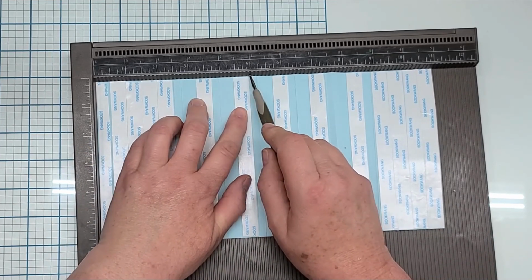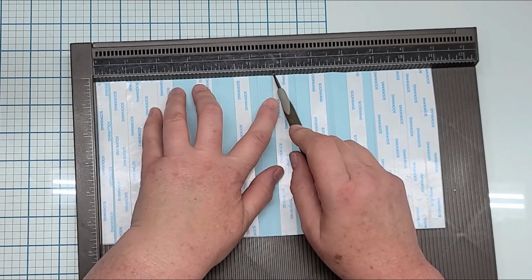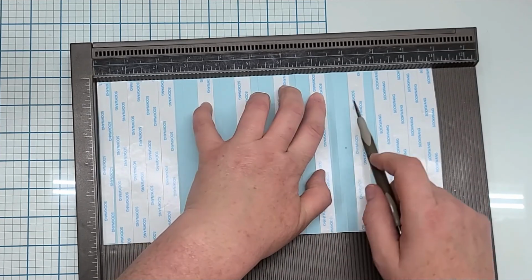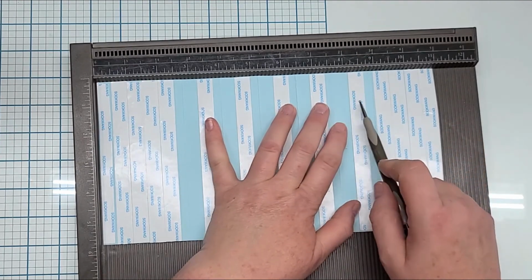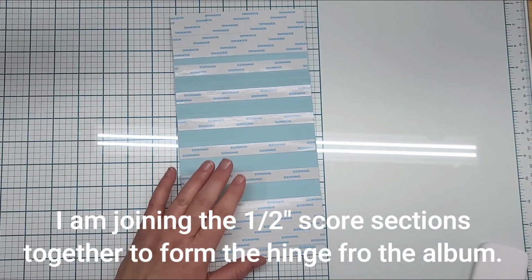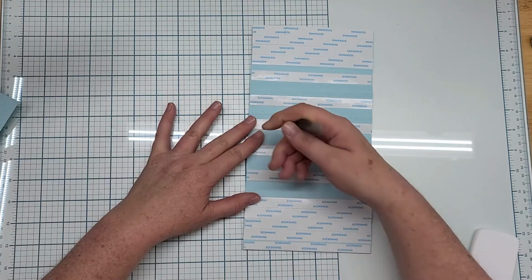Between 4 1/2 and 5, you'll put your score tape, and at 5 3/4 and at 7 inches you'll put score tape, and at 8 1/4 you will put your score tape. So I hope that helps. So the next thing we're going to do is start peeling off some of the score tape. You peel this one off first,